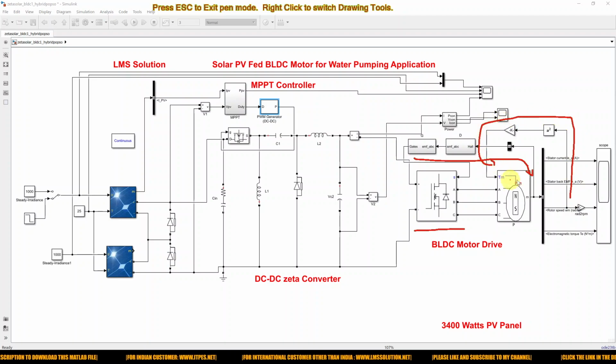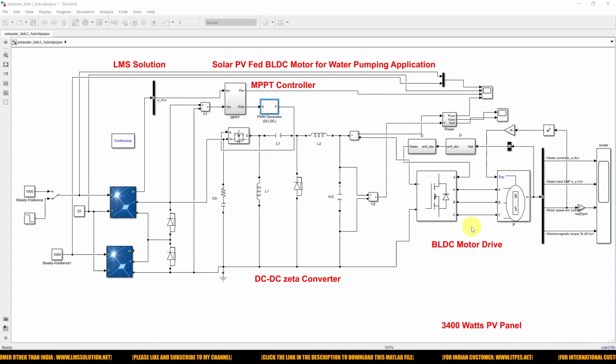Okay, and then here, in order to implement the water pump concept, you have to take the feedback of the speed, take its square, and multiply it with the gain, that is a constant. That means the relation between torque and speed gain value. It is given to the torque input of the BLDC motor. Okay, so it is going to act as a water pump based upon that logic. So here the torque is equal to K into omega square. Okay, so this is the equation for the water pump.